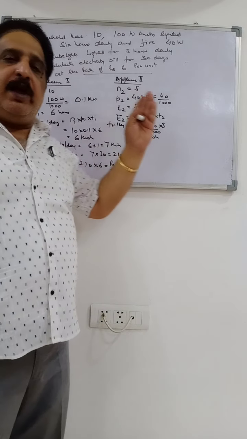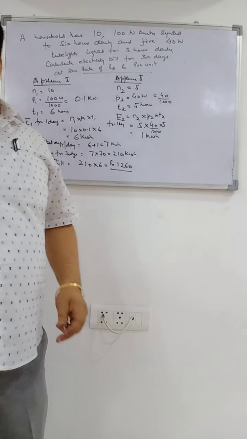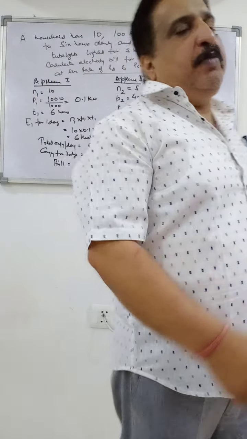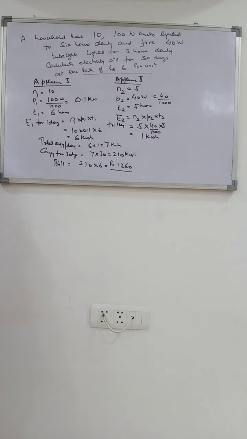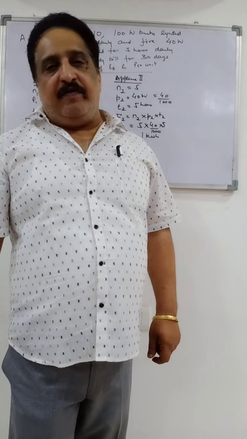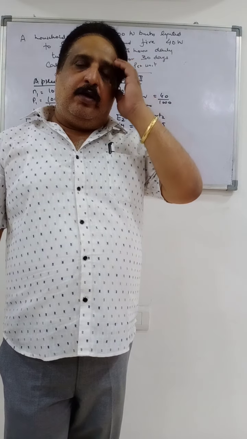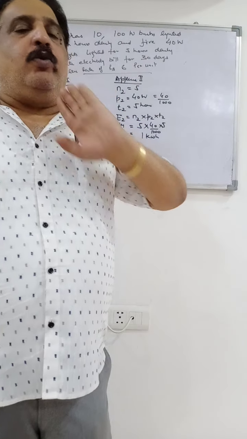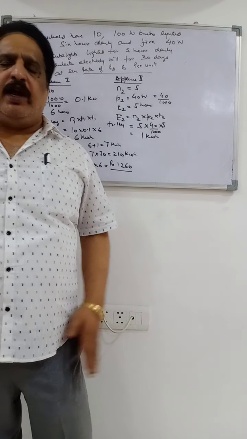अगर यहाँ पे 3 अप्लायंसेस होती 1, 2, 3, तो number into power into time, number into power into time. But you should remember one thing, power has to be in kilowatts, time has to be in hours. If the time is given in minutes etc., you'll have to convert that time into hours. Okay, and power in kilowatts. Is that clear? And then multiply by the rate to get the bill or the cost of electricity consumed in 1 month or 10 days or 15 days, whatever the time will be given to you.